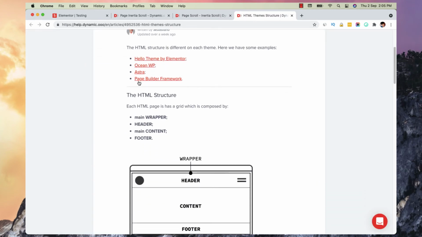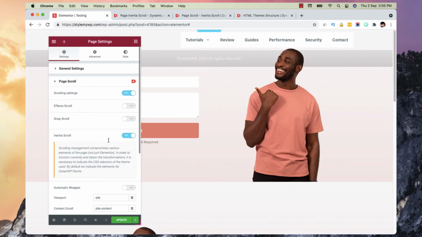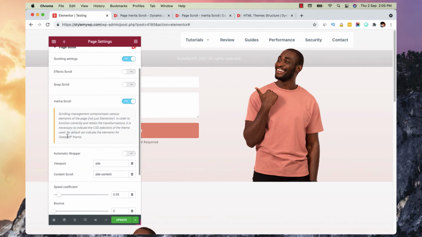Currently, if you are using OceanWP, by default in this plugin we indicate the elements for the OceanWP theme. So if you are using OceanWP, you don't have to do anything.